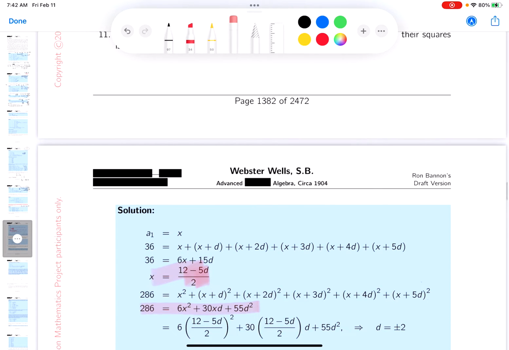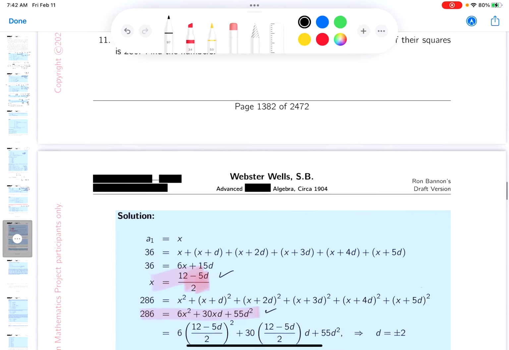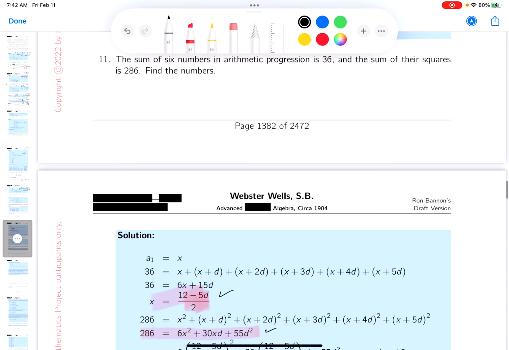And again, I want to emphasize we have these two things now. Both of those equations are two equations with two unknowns in them. It would sure be nice to get one equation with one unknown in it. So I want to write that down for you, and I've got to be pretty careful with this. So I'm going to write down 286